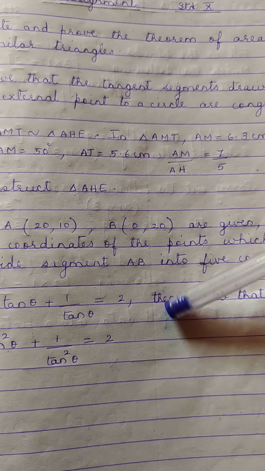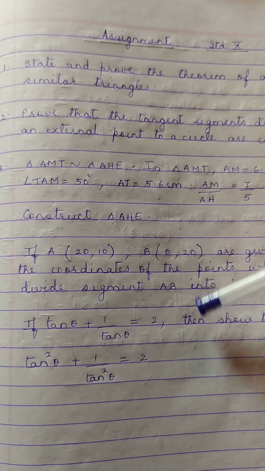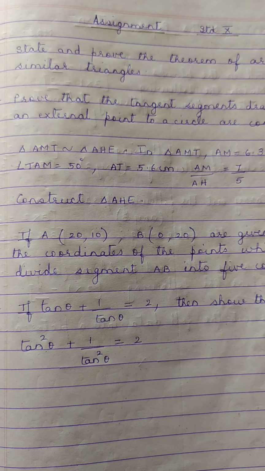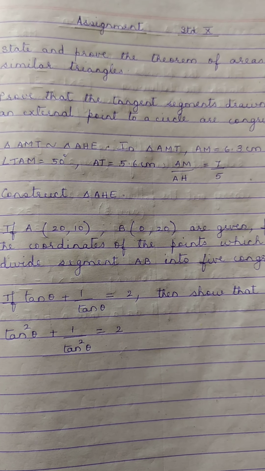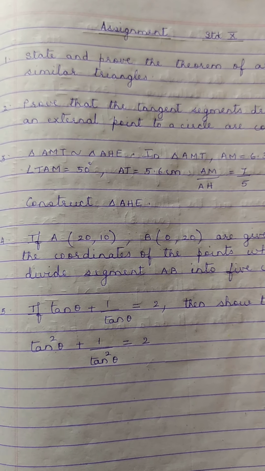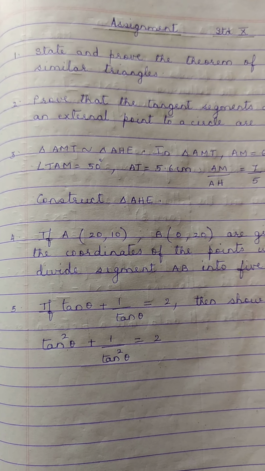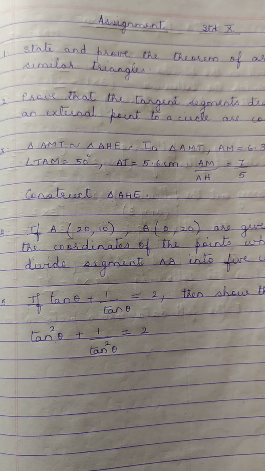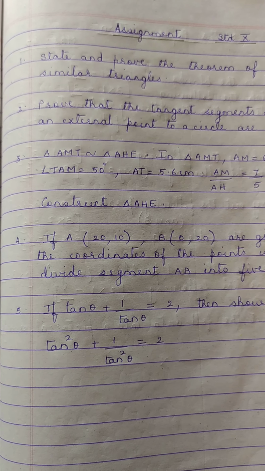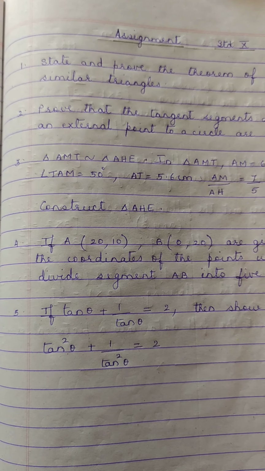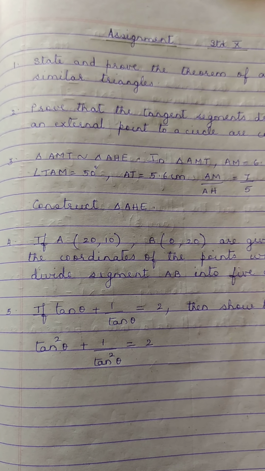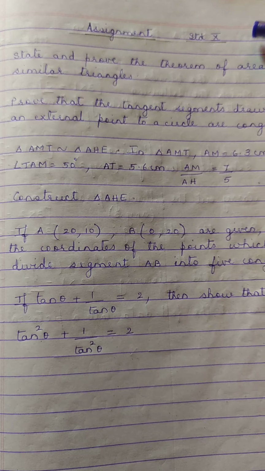Now I will be uploading the PDF for this assignment as well as all the practicals which I have just shown. Together I'll be uploading the PDF, so you can go through it and complete your practical books as well as the assignment. Now the assignment has to be done in an assignment sheet of paper. Take 1 or 2 assignment sheets, as many as required to do all these 5 sums properly. Write your name, standard, division and subject, maths, right on top when you do this.